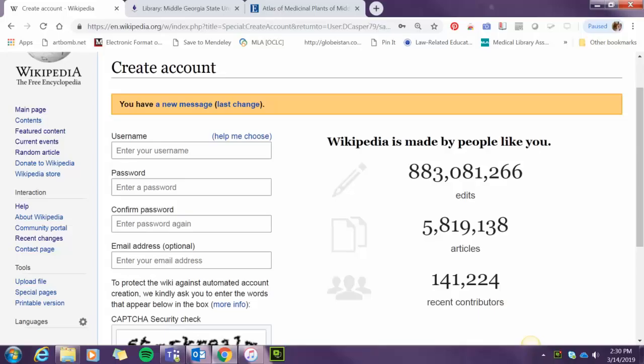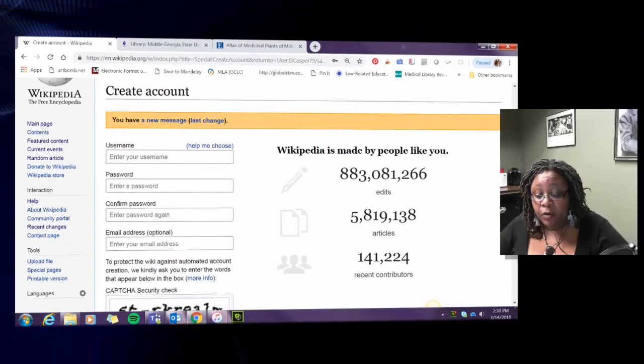One of the main things I like to make clear is that facts matter when you are performing your edits. Whenever you add anything to your Wikipedia article, you want to make sure you're adding reliable sources. So, what is a reliable source?